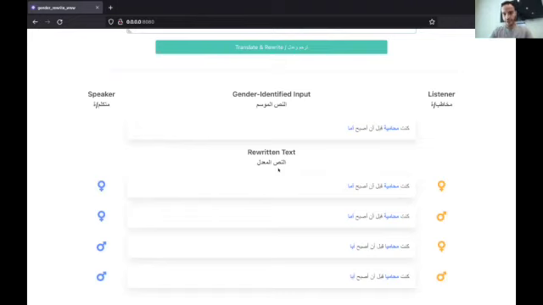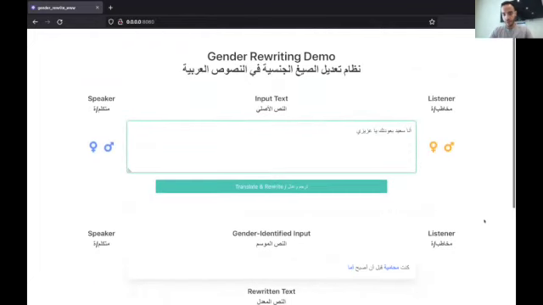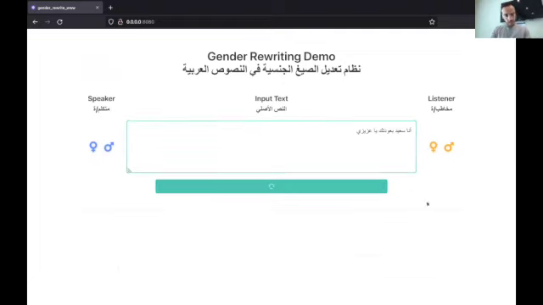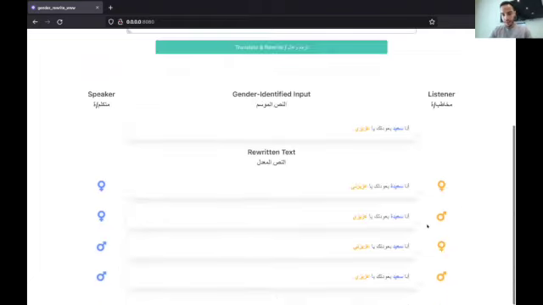The example that Nizar showed in the presentation, where we have two actual words that shift, where أنا سعيد بعودتك يا عزيزي. In that case, we would get all four possible combinations. أنا سعيدة بعودتك يا عزيزتي، أنا سعيدة بعودتك يا عزيزي، أنا سعيد بعودتك يا عزيزتي, and lastly, أنا سعيد بعودتك